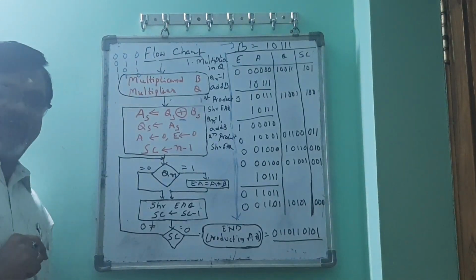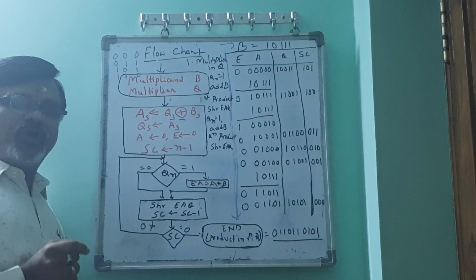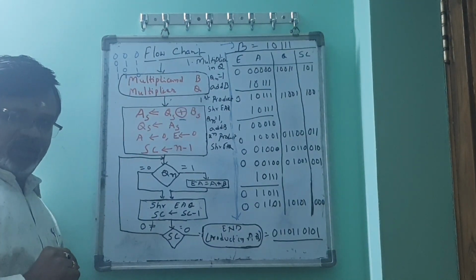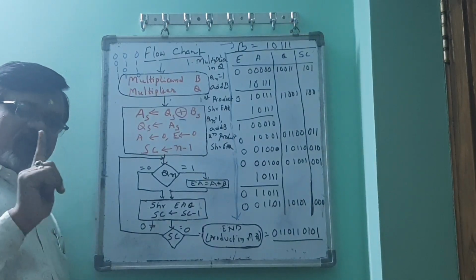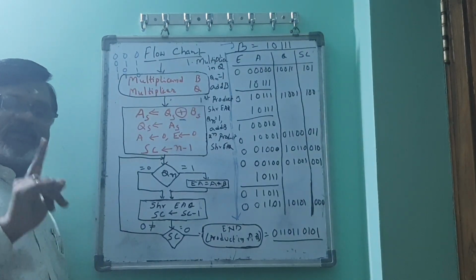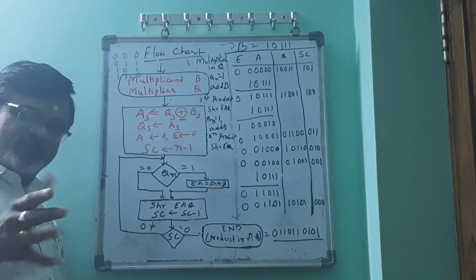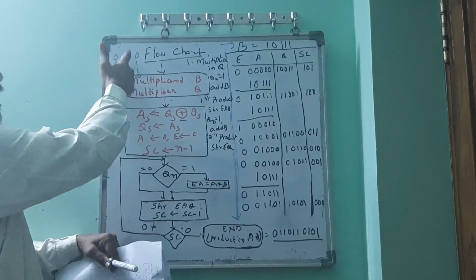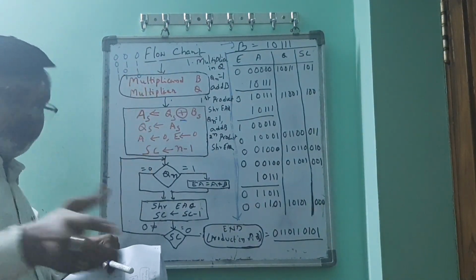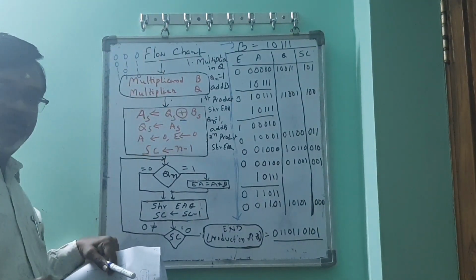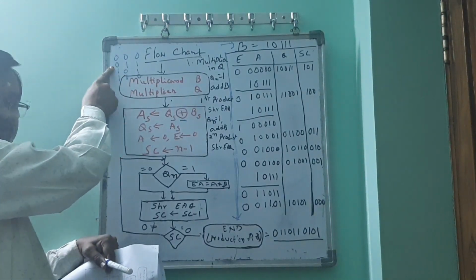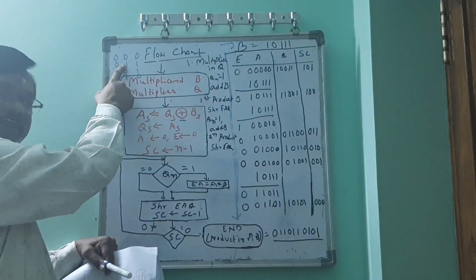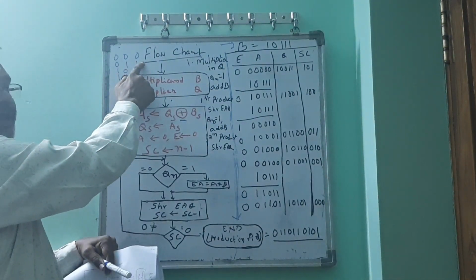Here 1 is meant for a negative value, 0 is meant for a positive value, as we have discussed in the sign bit position. In the sign bit, if you have 1, it is considered negative. If you have 0, it is considered positive. Assume both are positive numbers, so the sign bits are 0, 0. Then the product will be a positive value. If one is a positive number, its sign is 0, and the other is negative, its sign is 1, the product must be a negative value.